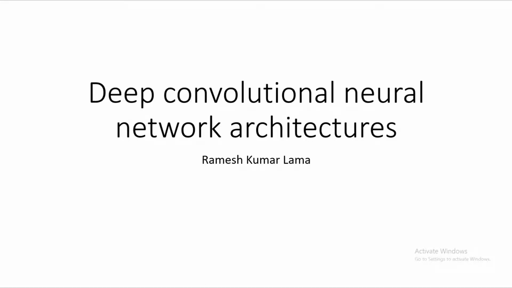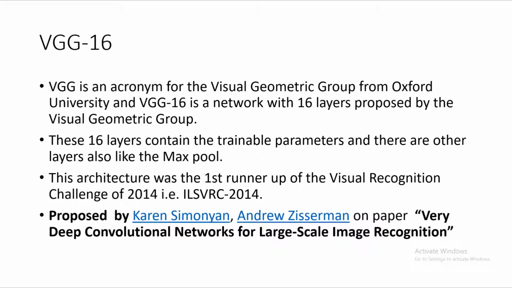Hello all, welcome back. We are discussing deep convolutional neural network architectures, and now we'll be discussing VGG16. VGG is an acronym for Visual Geometry Group from Oxford University, and this network comes with 16 layers proposed by the Visual Geometry Group. These 16 layers contain trainable parameters, and there are other layers like max pooling. This architecture was the first runner-up of the ImageNet Large Scale Visual Recognition Challenge 2014, that is ILSVRC 2014, and it was proposed by